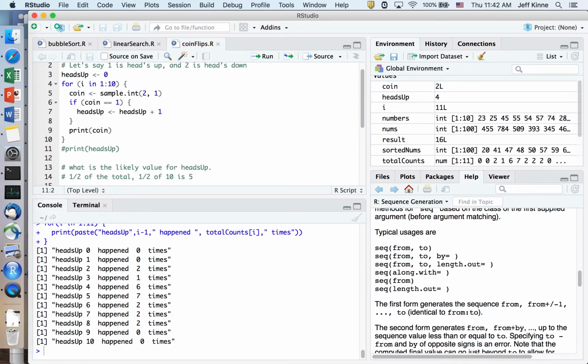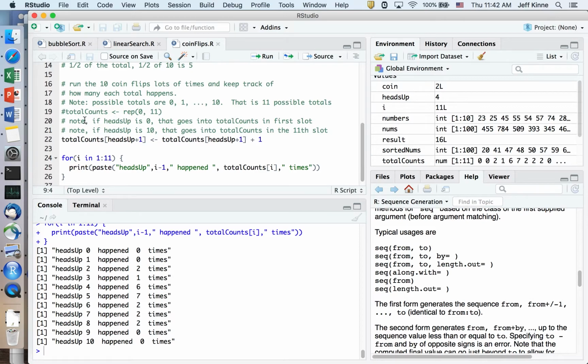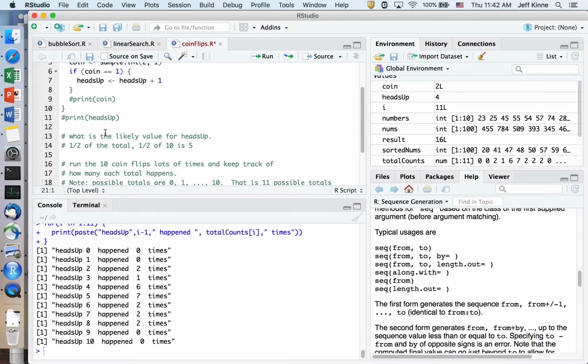I'm going to stop printing the heads up and the coins because I don't want all that printing. And I'm going to start the total right at the zeros, but I want to only do that once and then run it a bunch of times. So I'm going to move this up,